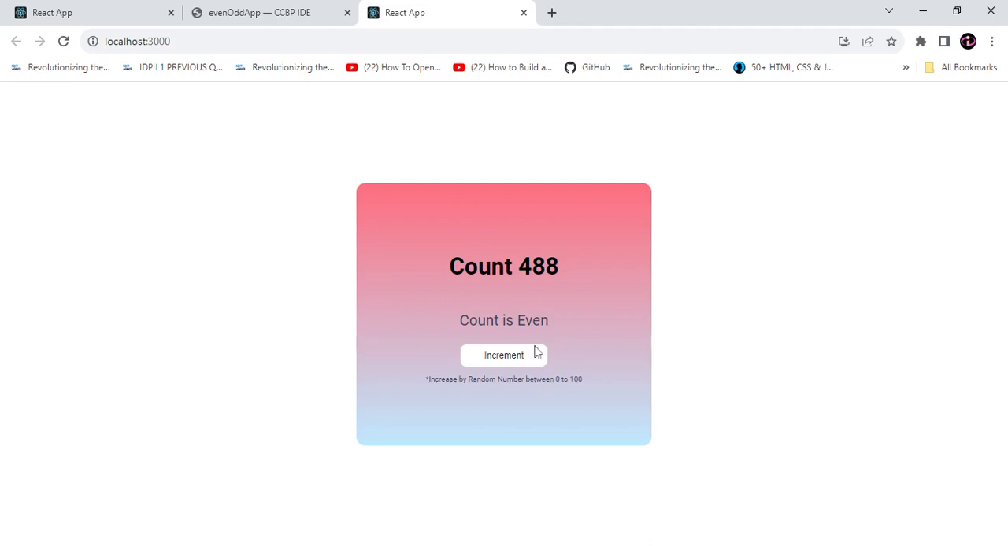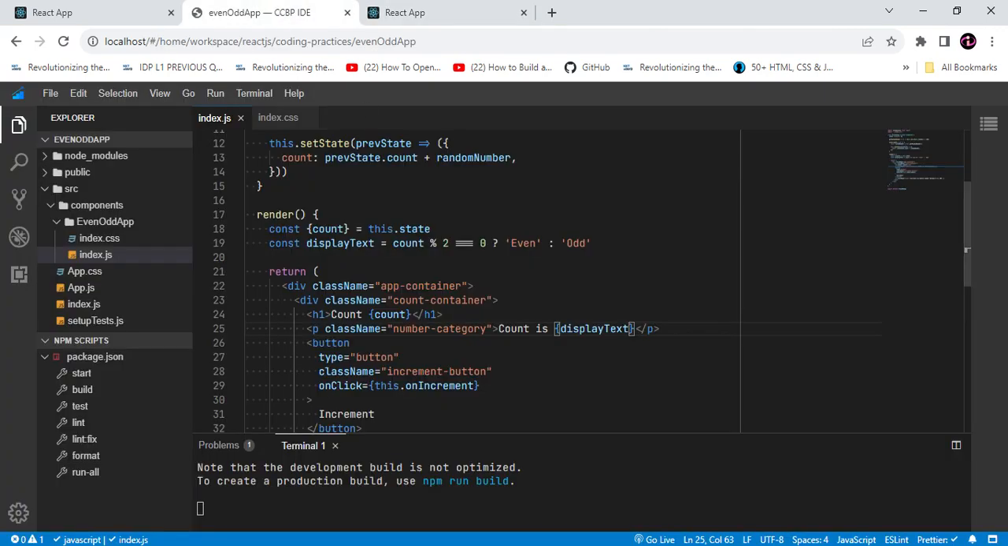This is a simple even odd app which is implemented using a class component, and we are using conditional rendering here. In conditional rendering, this is the ternary operator we used here, and another thing is we can use the logical AND operator also, but here we are using the conditional operator. If, for example, I'm taking it,